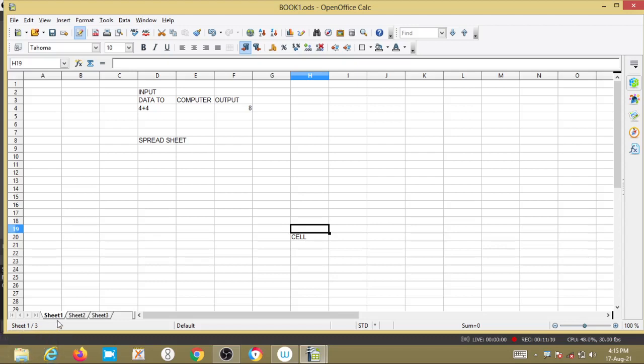Here see sheet 1, sheet 2, sheet 3. Once we open MS Excel, it has a minimum of 3 sheets: sheet 1, sheet 2, sheet 3.